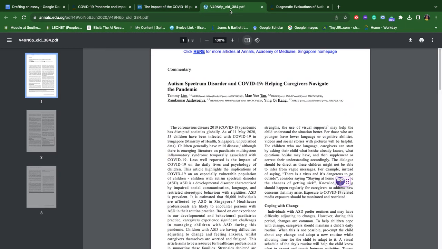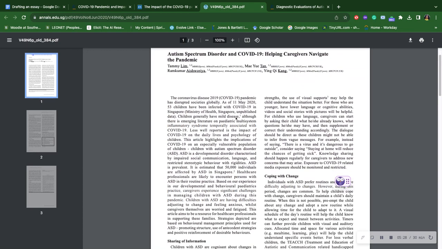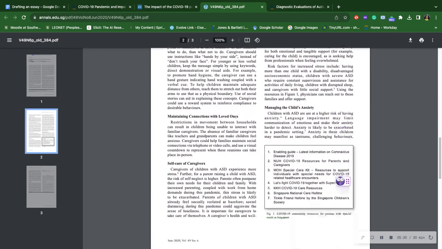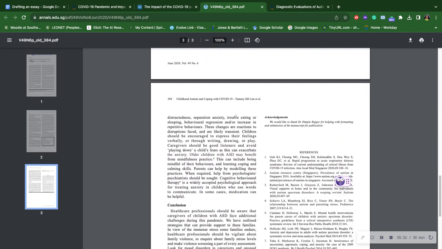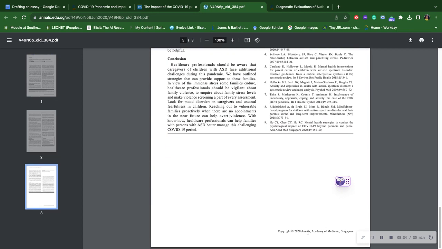I found question number of it. Okay, I think this is it. Okay, so this is the article. I want to find the name of the publication. So that is the Annals of Academy of Medicine, Singapore. So that is the name